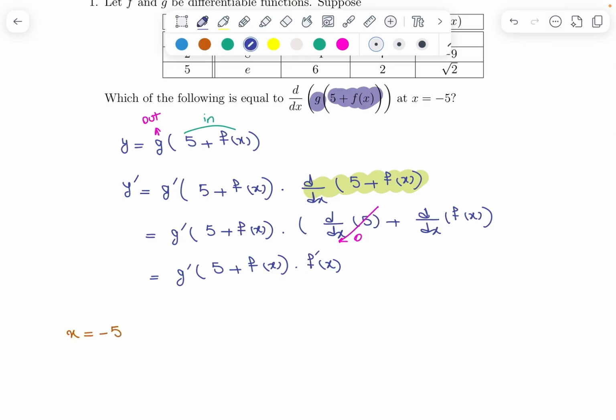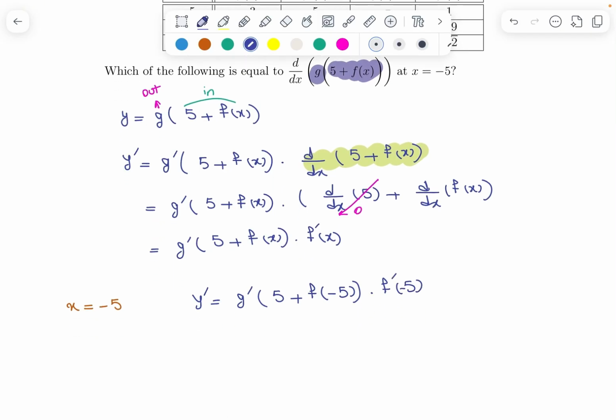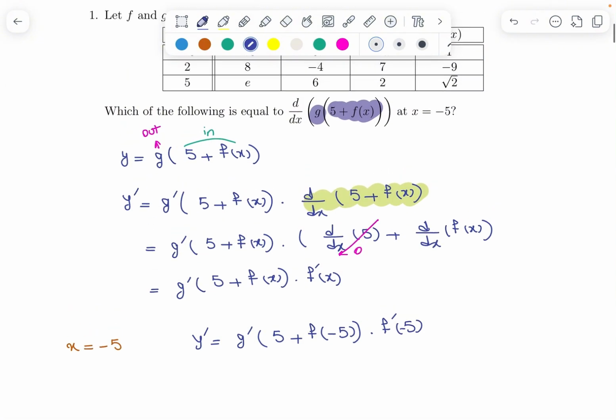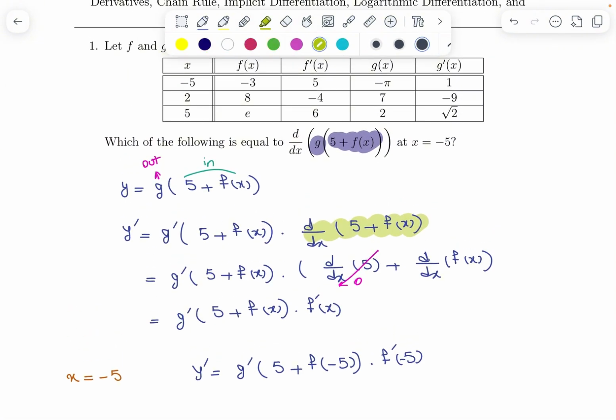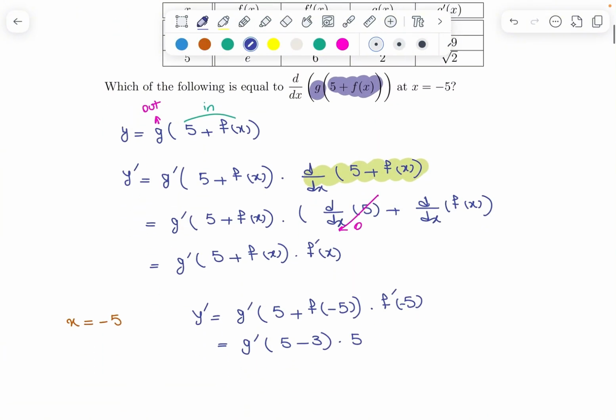So if you plug in x equal to negative 5 for x, y prime would be g prime of 5 plus f of negative 5 times f prime at negative 5. So, therefore, you need to find f at negative 5, f prime at negative 5 using the table. So, using the table, f at negative 5 is negative 3. So, g prime of 5 plus f at negative 5, which is negative 3, times f prime at negative 5, f prime at negative 5 is 5, times 5,